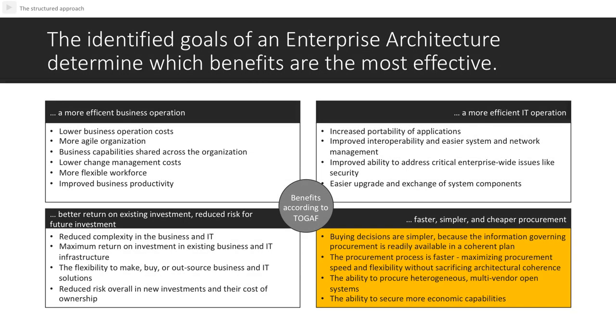There is a close relationship between business and IT processes, added value regarding existing and future investments, and the added values regarding the procurement processes and procurement organization in an enterprise. In particular, those added values can be identified as enablers for short-term optimization. Also, those added values can be measured directly.